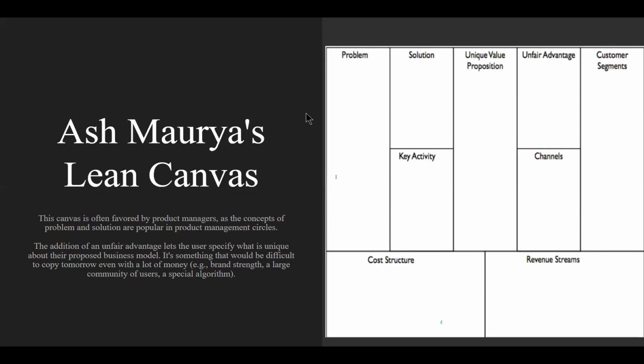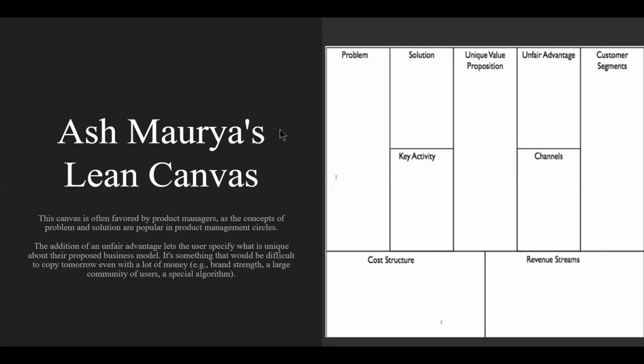Or I don't know, you might have received education in a really good high school or a really good university. This might be your unfair advantage. There should be something that you could decide as an unfair advantage to basically give the answer to why are you the person that is doing this and why not anybody else? What's going to put you ahead of any other person that is trying to accomplish this thing? That's your unfair advantage.